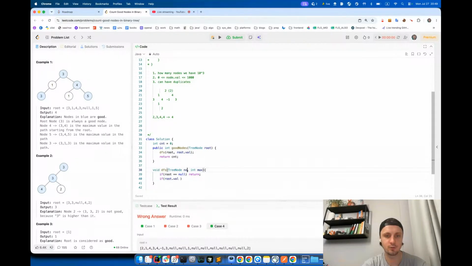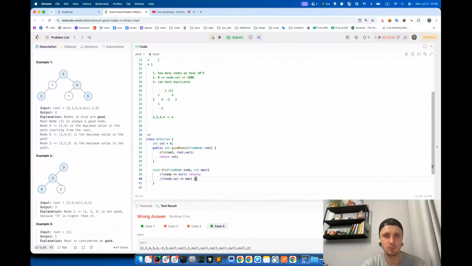So actually it's not root, let's call it node. So for example, 1, right? So 1 we should not add. So if this node value is greater or equal to maximum,